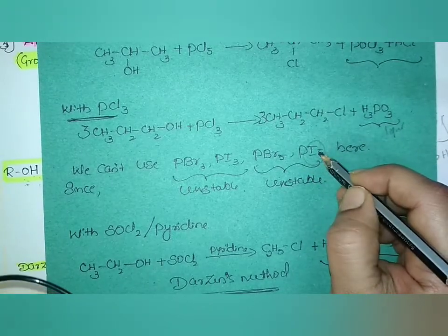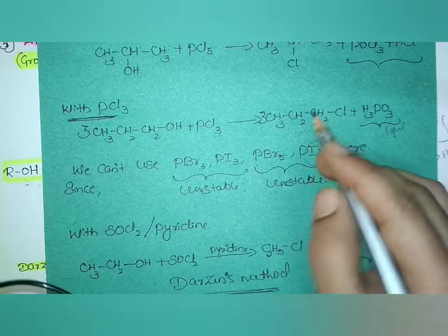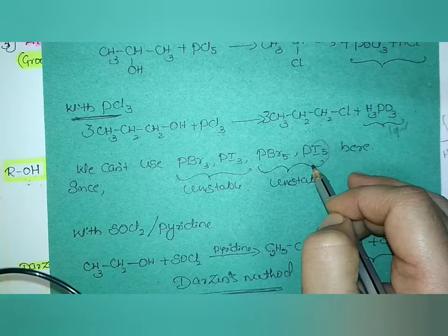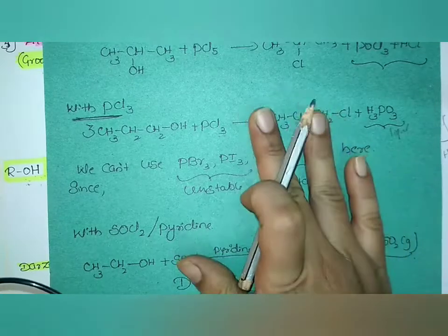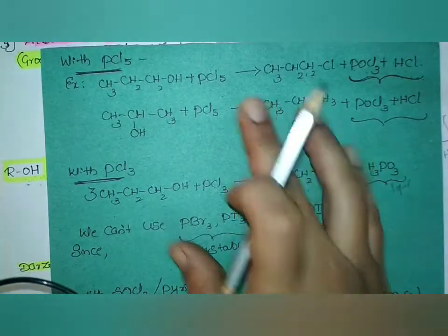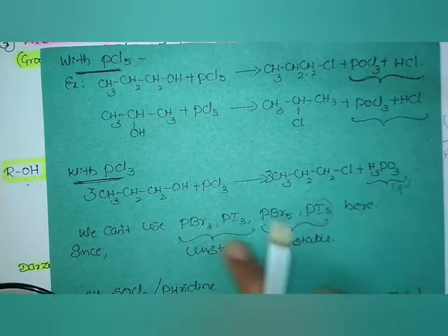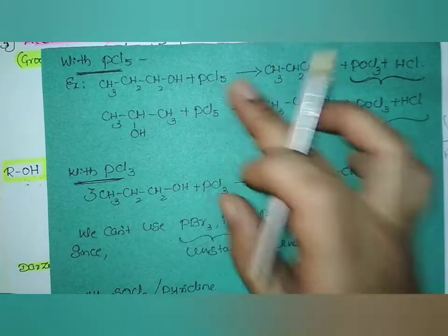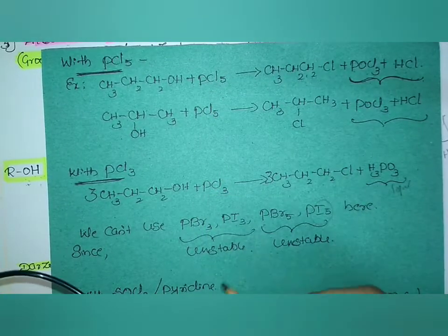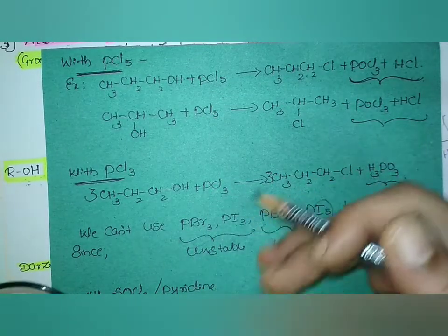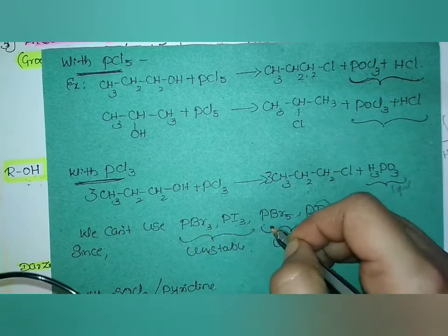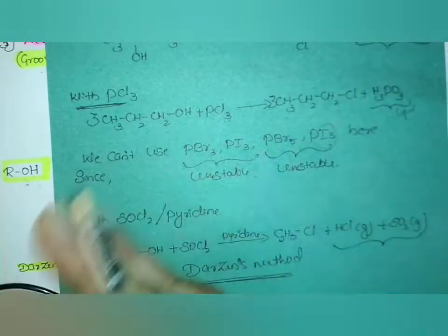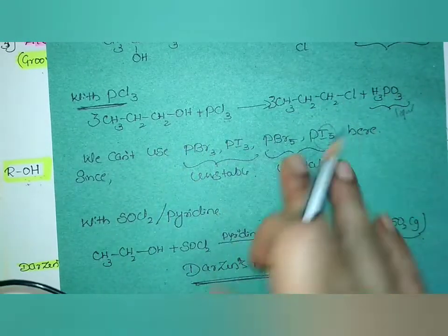Iodide is highly reactive, and even bromide compared to chloride, so these compounds are very unstable in nature. I can't carry out the same reaction if I take these in place of PCl5. For that reason, these reactions are not conducted using this reactant. Instead, I can do some other reaction that I'm going to explain in the remaining part.